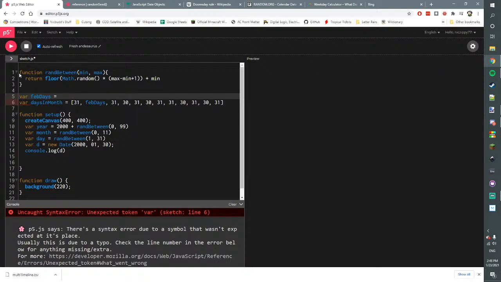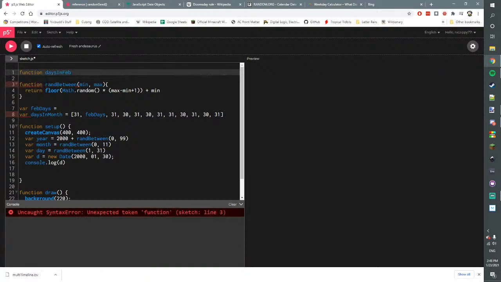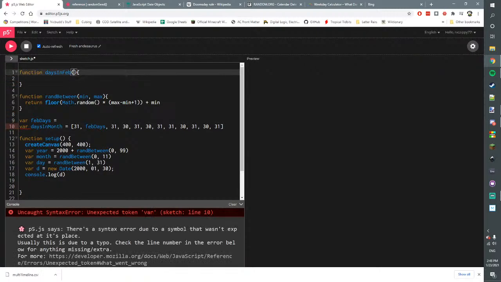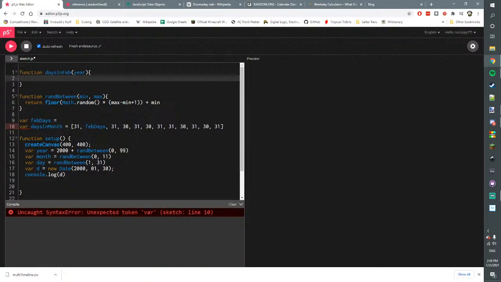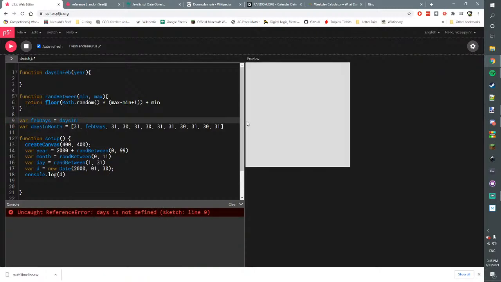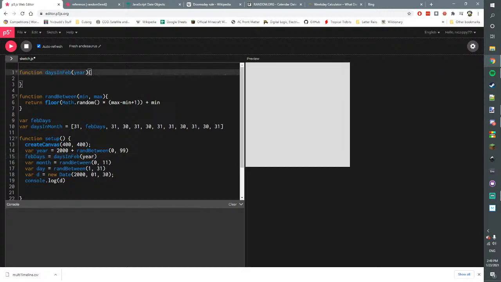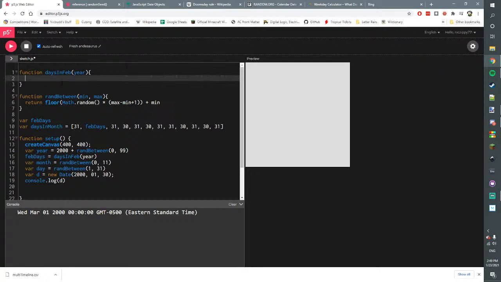We're going to call a brand new function. We'll call this function days in February. And we just need the year from it. So, equals, we'll just declare this variable here, and then we'll say, after we calculate the year, say Feb days equals days in February for the year. Days in February is